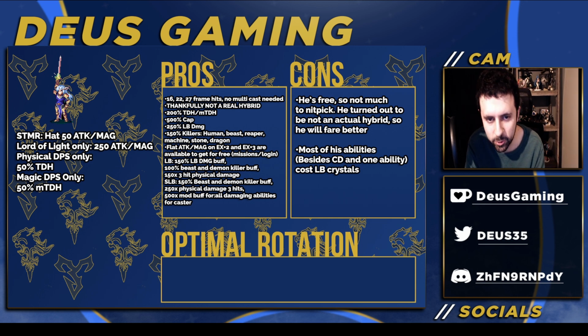He has 16, 22, 27 hit frames and also some one hits. One of them is a one hit 1440 times chain or finisher, light finisher. Decent. Thankfully, he is not a real hybrid. He does not have any actual hybrid damage, thankfully, because he would be really bad. On the JP version, they don't give hybrids the time of the day, so thankfully he is not an actual